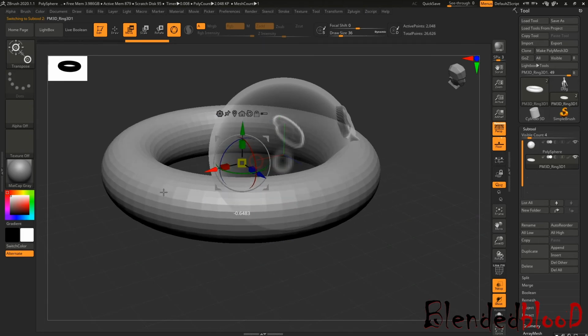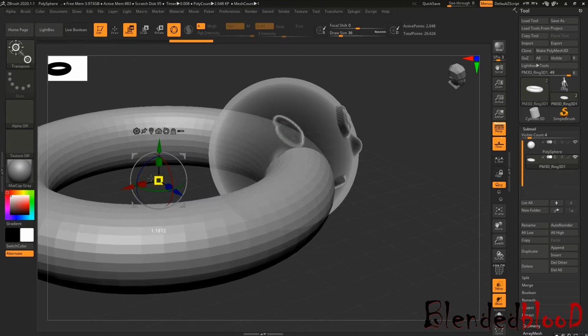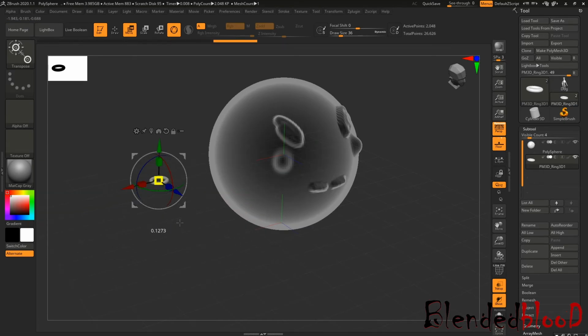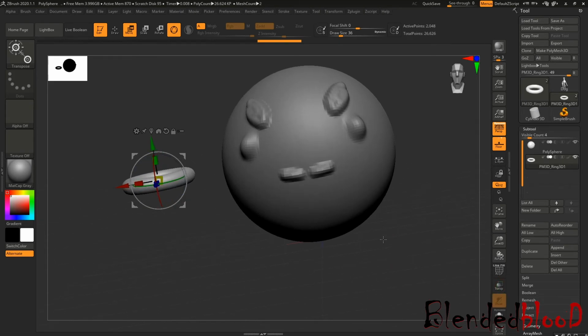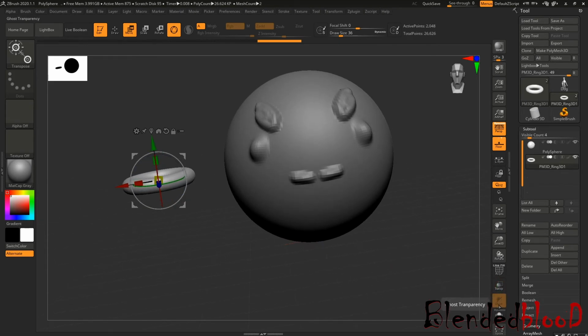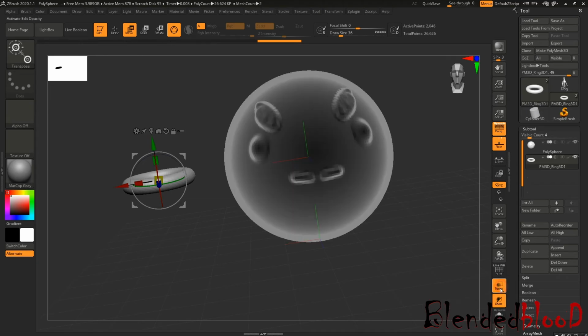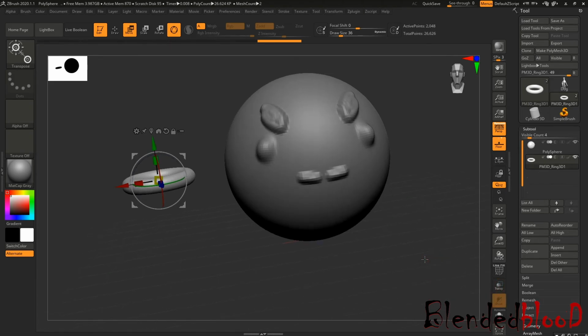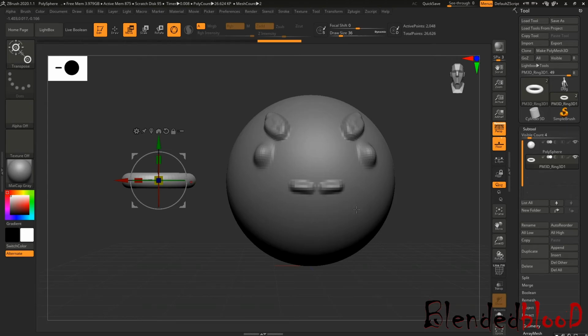And move it a bit to the side and turn off. This is how this option works. Transpose: if you click on transpose, ghost mode will automatically be on. This will be very helpful while you are working with the face, because you need to adjust your eyeball. So while you're working with the eyeball or the interior part of the mouth, this option will be used.